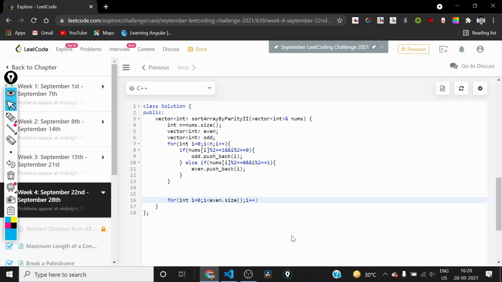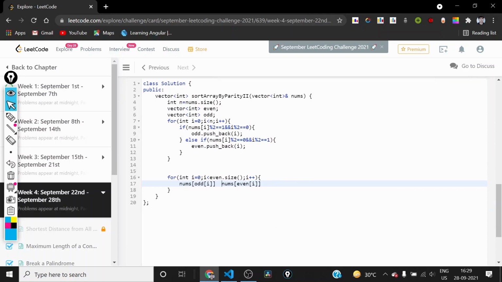So we can iterate over them and we can swap nums of odd I and even I. So elements at these indexes, right? So we can swap these two elements to reduce the number of mismatched elements at odd and even.